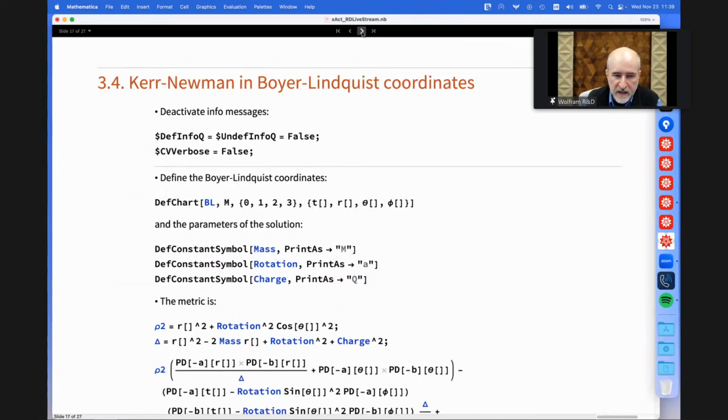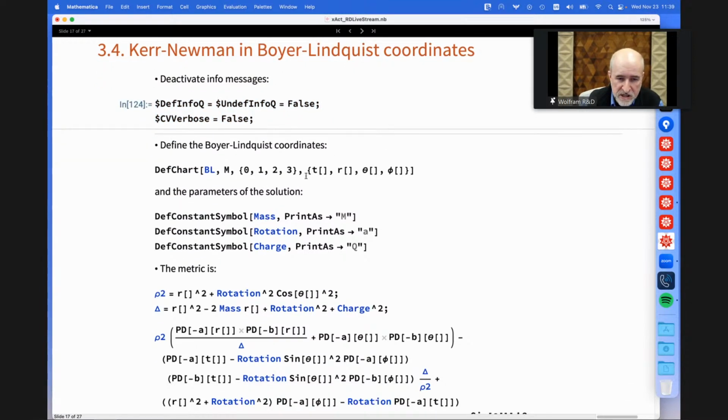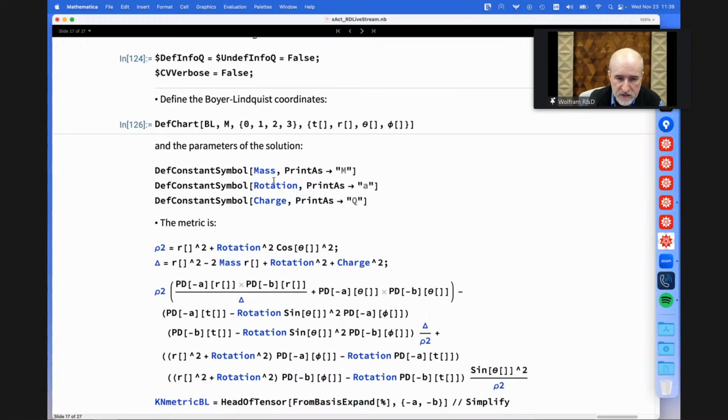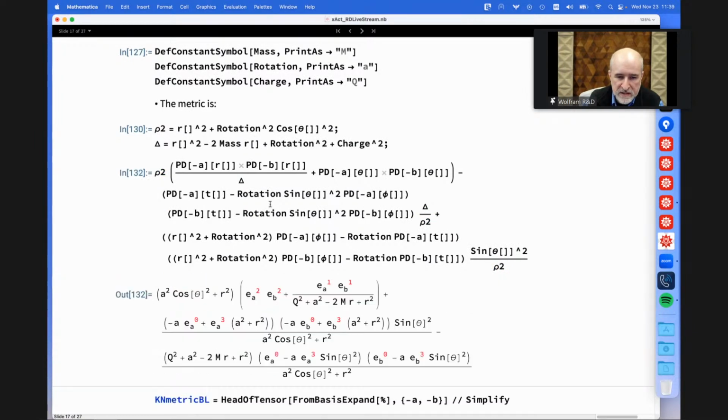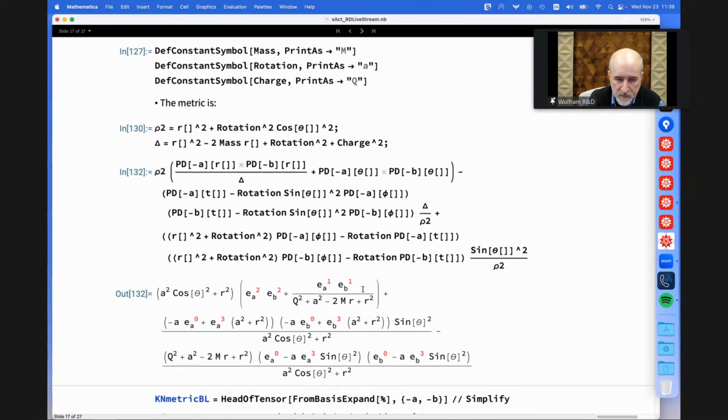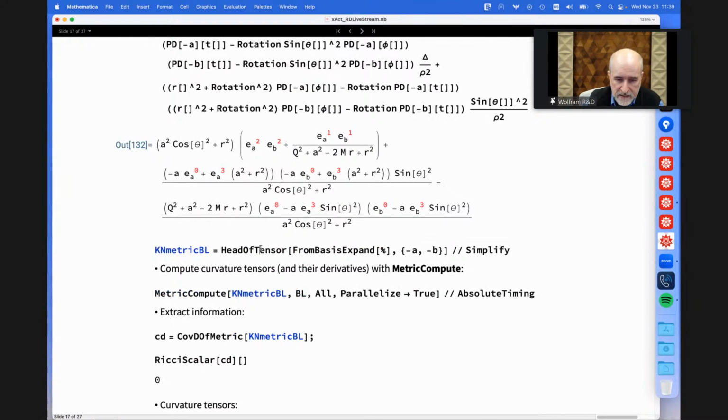Let's work with Kerr-Newman now. And I'm going to define this. These are just settings to eliminate so many defining messages. I define a new chart, which is called Boyer BL, for Boyer-Lindquist. I define the 3 parameters, mass, rotation, charge, and I write the metric, right? We need to know what the metric is. So it has this form, and